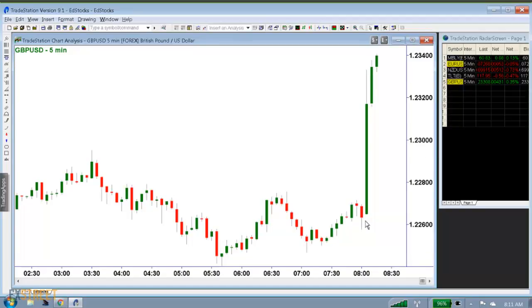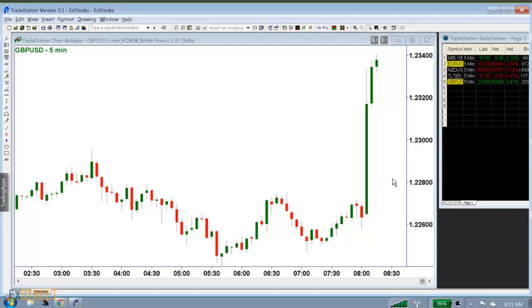Why do you think that is? This is why it's so important to understand what goes on within a central bank. You're saying, well, Ed's going blah, blah, blah about monetary policy committee, central bank. And they did exactly what we thought they were going to do, right? Nobody thought that the Bank of England was going to cut rates. Nobody thought that the Bank of England was going to raise rates.